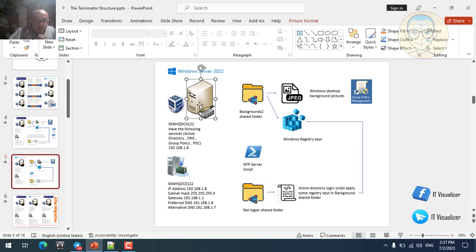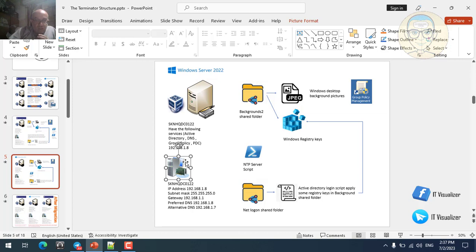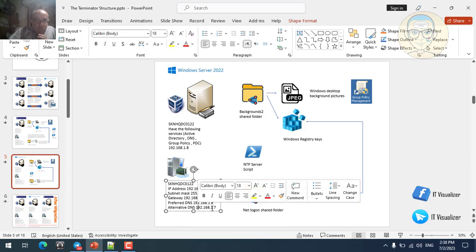Here we will have our new PDC that will have Windows Server 2022, and this is the IP address, and this is the network connection setting of the new server. Okay, we have two network cards that are teamed. This will be the setting. This is the IP address, the subnet mask, the default gateway. The preferred DNS will be this primary domain controller IP address, and the alternative DNS is 1.7, which is the